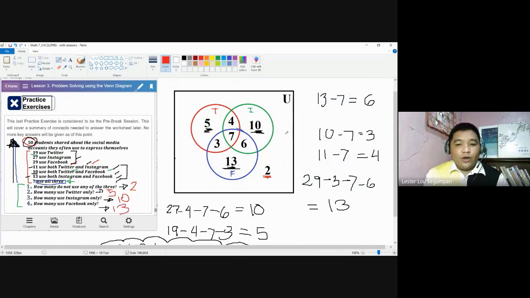Again, you just need to trim down the possibilities, because if you add all of this, if I'm correct, the total number of students here is 106, but the given is only 50, so many have been duplicated. So make sure to trim down the possibilities using the concept of